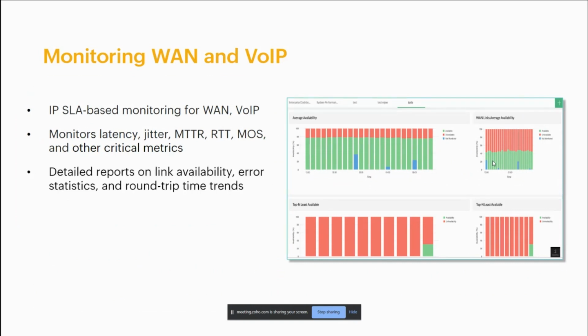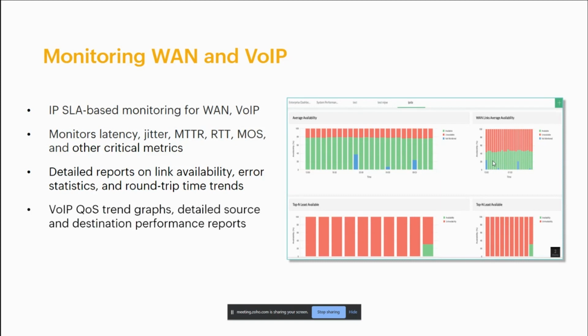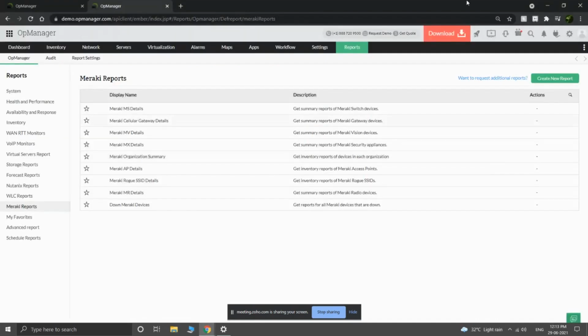Similarly, you can pull the details on link availability and get error statistics on the available metrics. Likewise, you can pull QoS trend graphs and show how the performance metrics are going to be in the future. You can even schedule a report or export it manually, and send it to your upper management for them to view the details. Based on these reports, you can plan how much resource one needs to allocate for an available WAN or VoIP network. I'll quickly show you the device that I have discovered and a VoIP monitor that I have added in my setup.